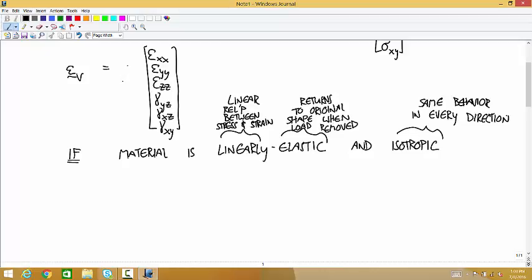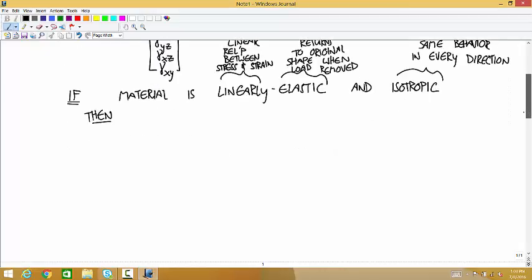If that's the case, then the Voigt strain is equal to this 6 by 6 matrix. I'm going to write out all the elements here. So 1 over E, negative nu over E, negative nu over E,